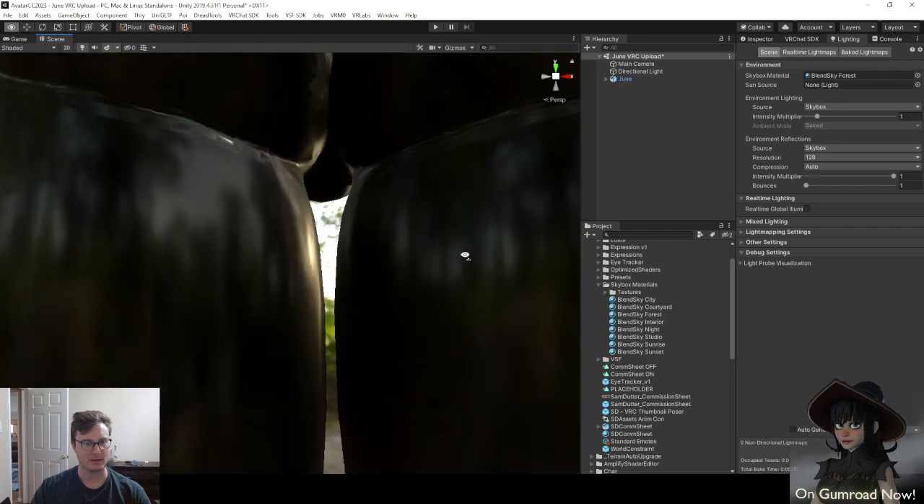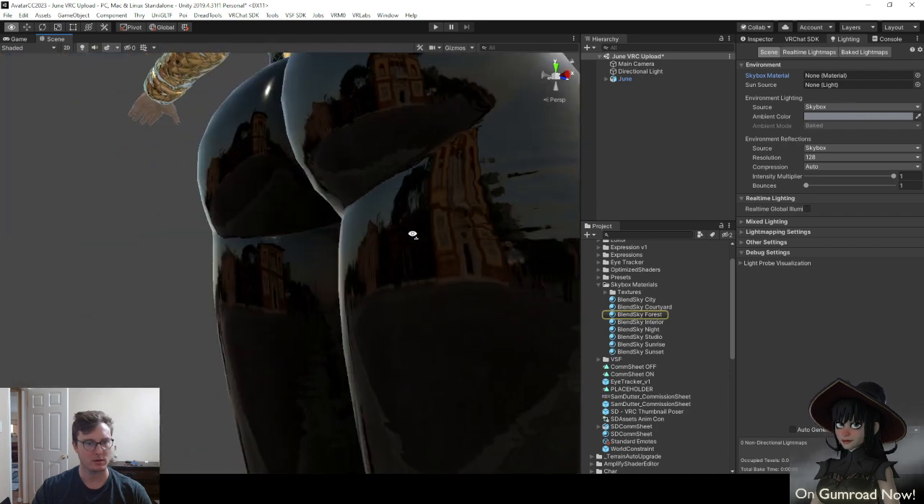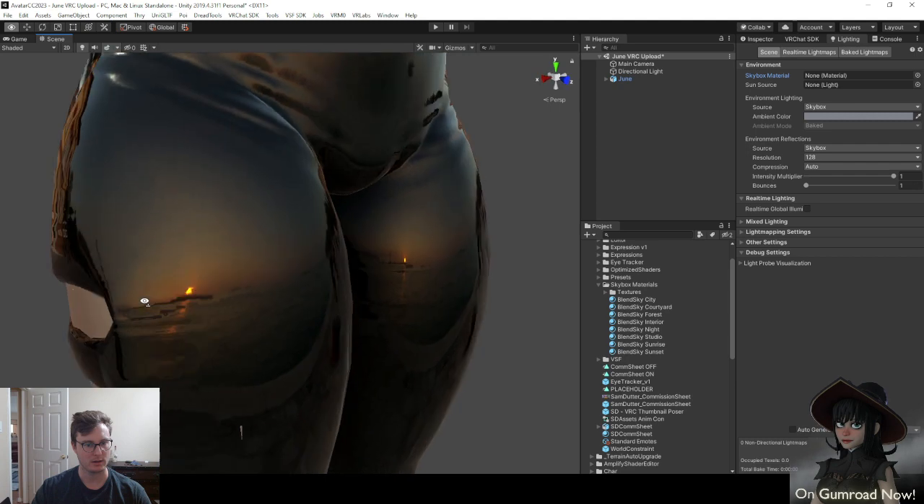There is a little bit of pixelation, but I can't tell if that's the reflection or my material or my textures. What happens if I just remove this? Okay, so it's a little bit of both, but mostly